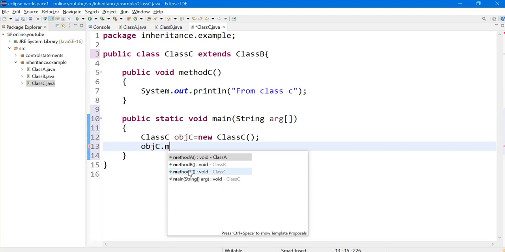So I am able to access, with the help of my object, the methods of class B and class A.